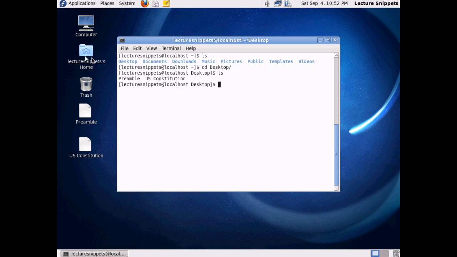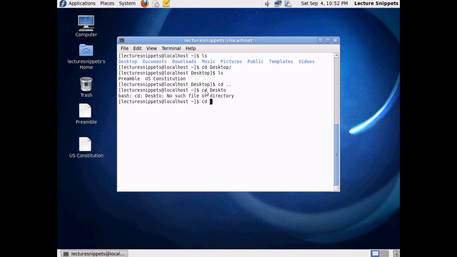Now the trash, this home folder, and the computer icons are special links, and they don't actually appear here in the command line. If I want to navigate back one folder higher, or closer to the root of my file system, so one folder up, as some people would say, I can type in cd with 2 periods, and it takes me back up here, and you can see I'm currently located back at the tilde, or the home folder of my user. If I navigate back into the desktop,